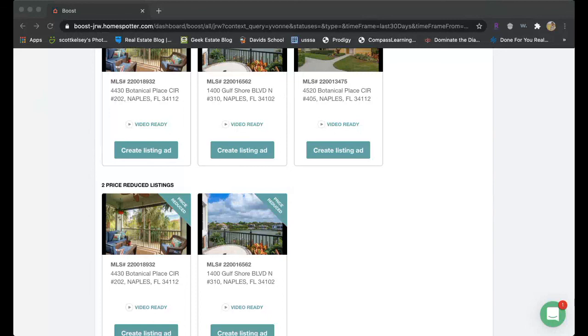So when you sign up for these ads, we have it defaulted to gated, meaning we want you to obtain those email addresses. But Homespotter says you're going to get better interaction with the non-gated ads because it's not asking someone to log in with their Facebook account to see the photos. So it's up to you.